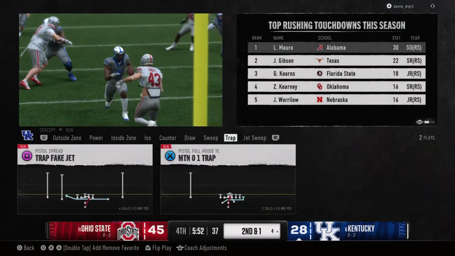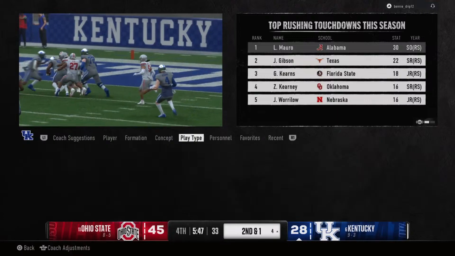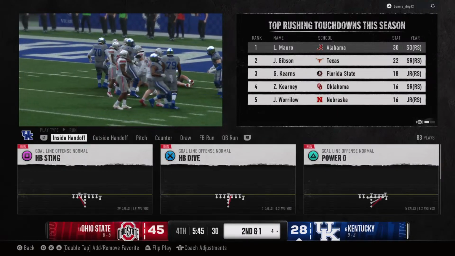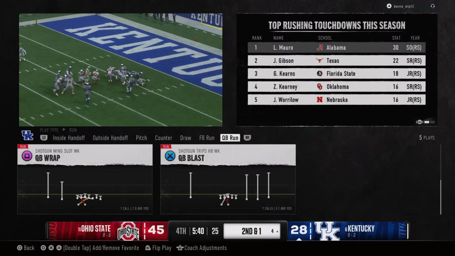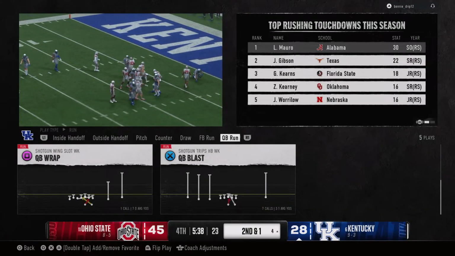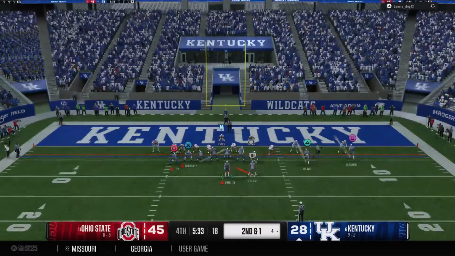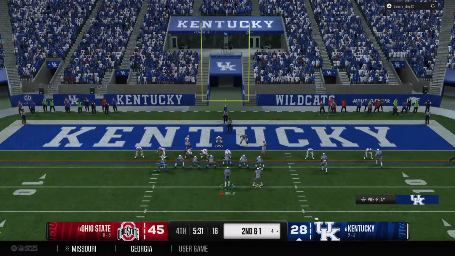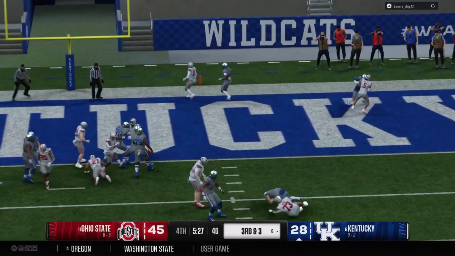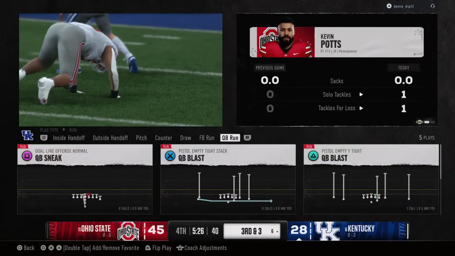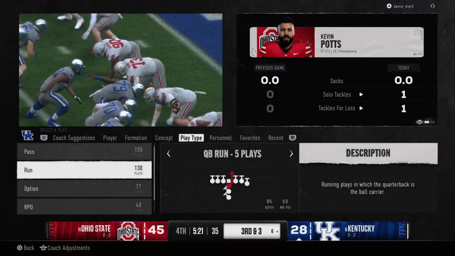Defense getting pushed back. I tell you, to be able to pick up a nice gain like that, those offensive linemen have to sustain their blocks. Gave him a chance at a really nice gain. So here comes second down now. Every play important down here in the red zone. And it looks like the quarterback's going to run it. Tackled behind the line. It's a loss of 2. Brings up third down.